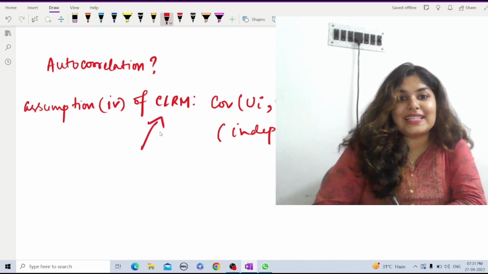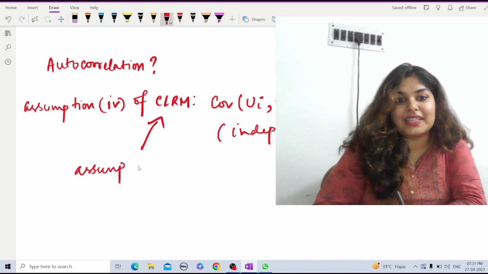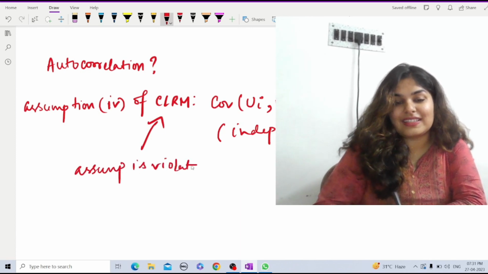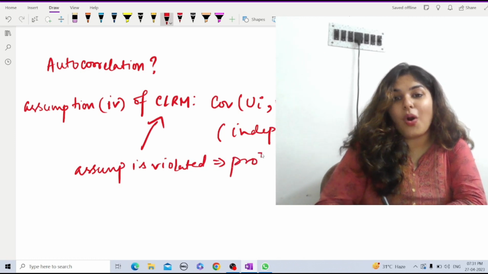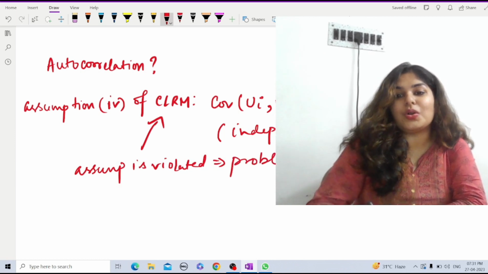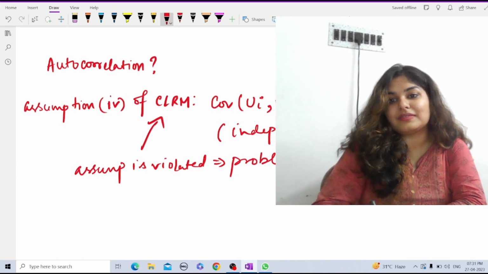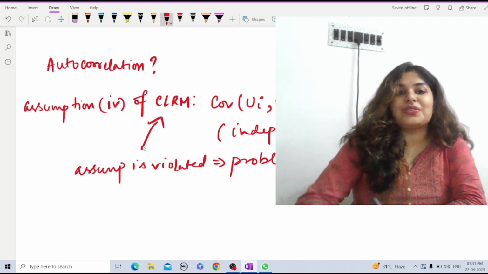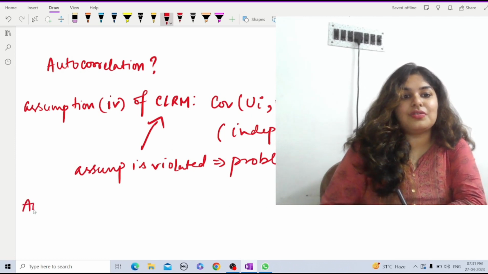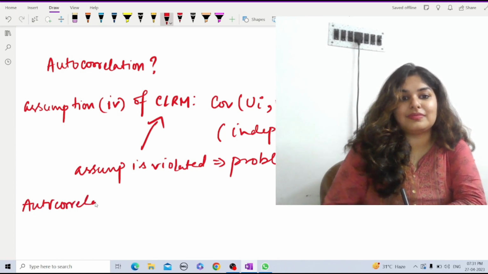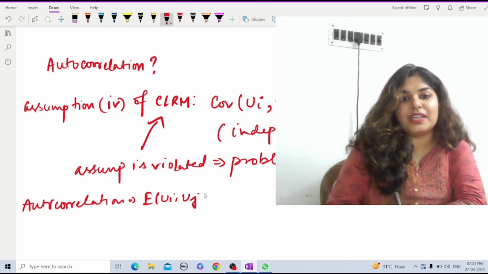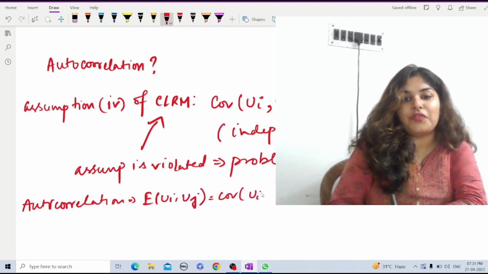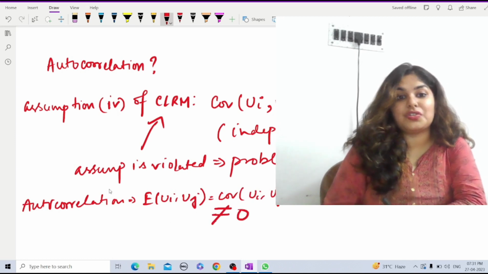Now when this assumption is violated, we have the problem of autocorrelation. So now what is autocorrelation? Autocorrelation is E of ui uj, which is our cov of ui uj, not equal to 0. That is the meaning of autocorrelation, which means